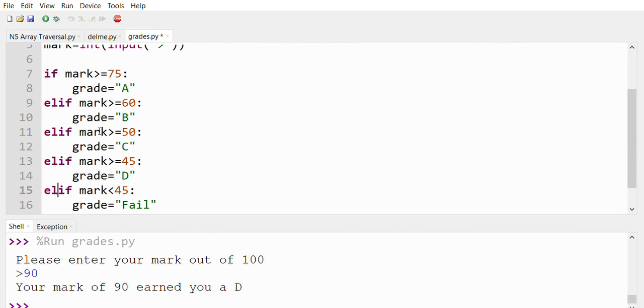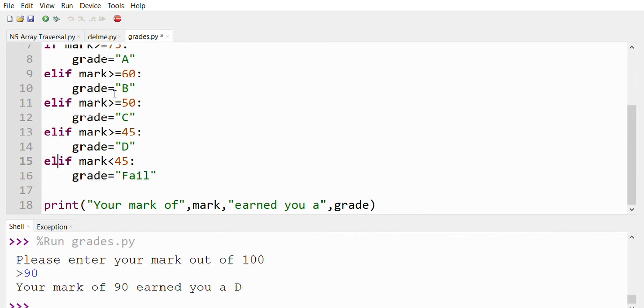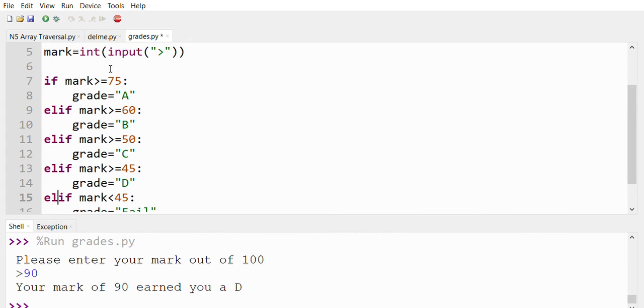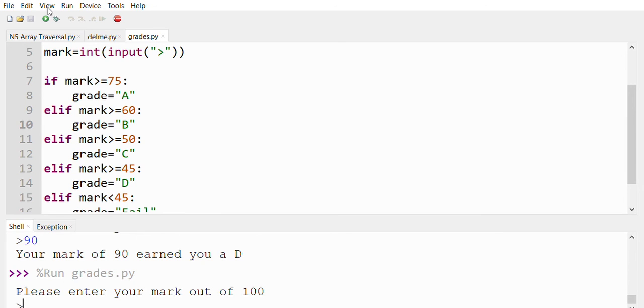So when this runs, if this is true, grade will be A, and it'll then exit on to line 17 in the program. If grade is B, then this is true, it exits out. So it doesn't actually go through the rest of the program, which makes it far more efficient, as well as fixing it. So let me prove it to you. We run the program. We're going to enter 90,